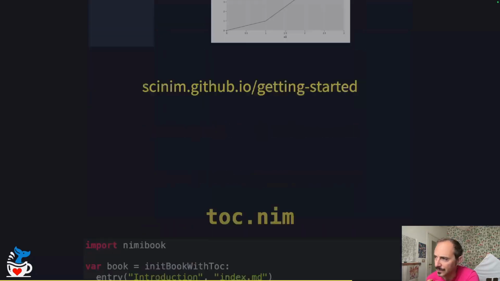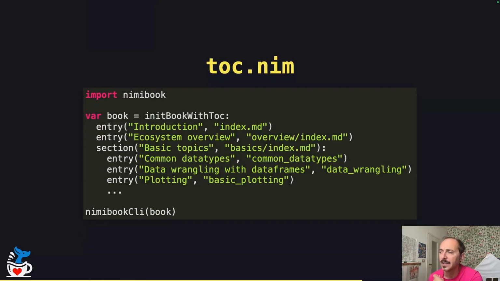Again, you need two things: a table of contents. NimibBook does not support yet the summary.md because it was easier not to write a parser for a markdown file and do something else. And NimibBook does not yet come with a binary. When you install NimibBook, you don't have a NimibBook binary. What we did instead, because it was easier, is to make you bring your own binary and your own CLI,